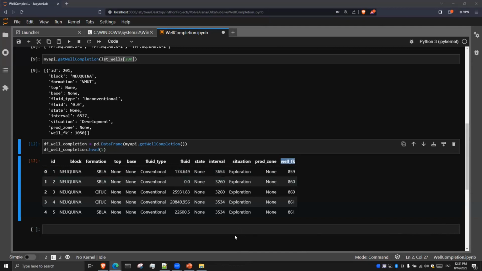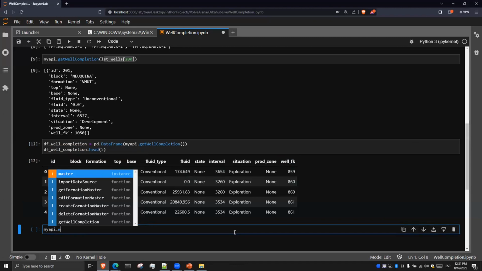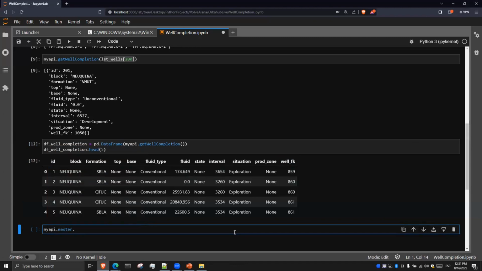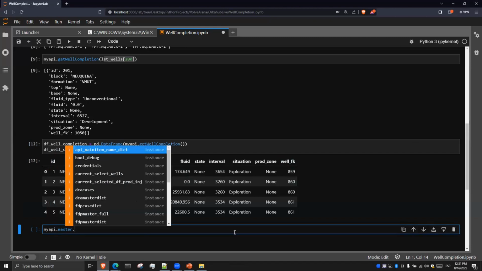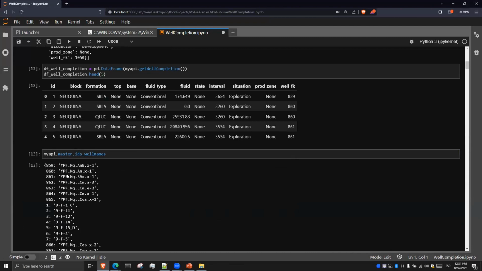So let us remember that in the previous sessions, I told you that we have several stored data on your local computer that you can access through the master. And here we have the IDs, well names, IDs, well names. What is this? Well, it's nothing more than the ID, the WellFK, and the well name. So if I just add this dictionary to replace,